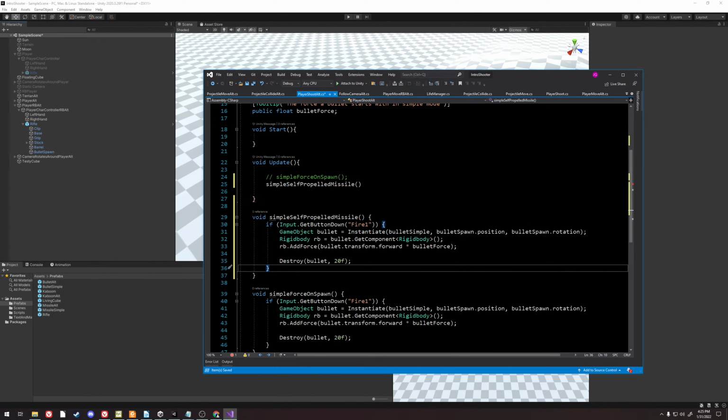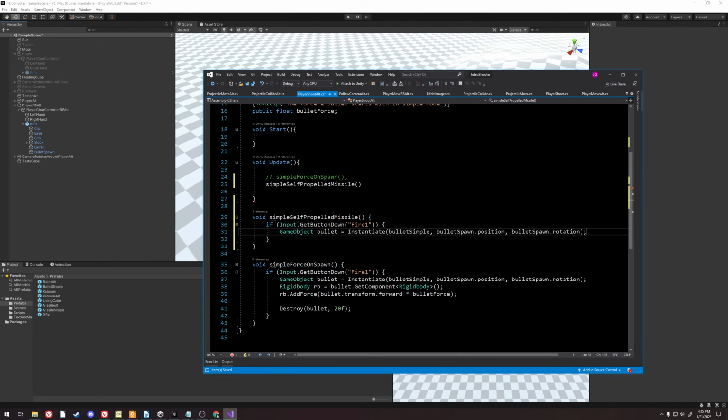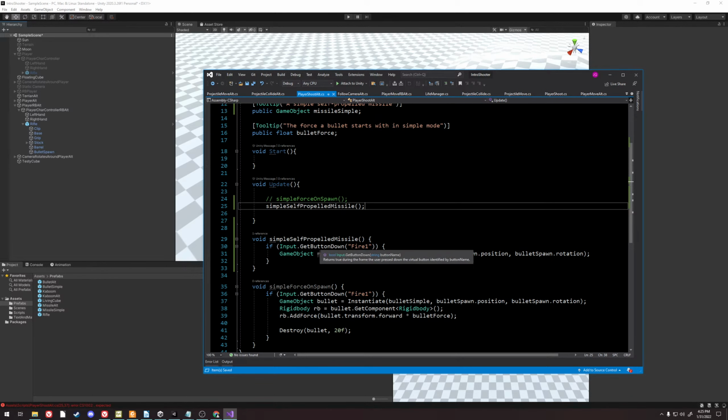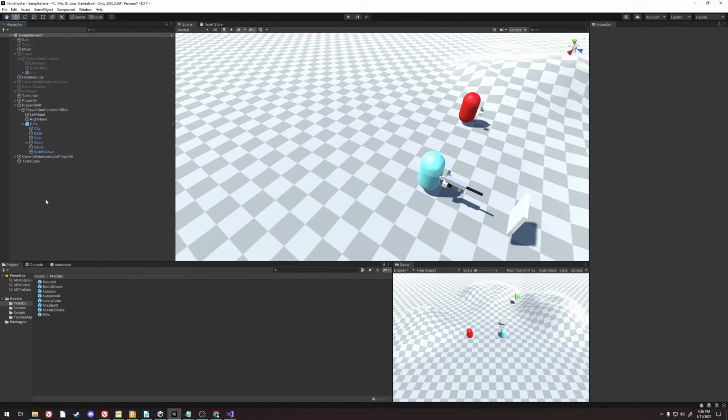We don't have to get the rigid body, we don't have to add the force, and we don't have to have it destroy itself, because all of that stuff is now handled inside the projectile's own movement script. Forgot a semicolon there. So, we don't even really need the reference to the missile here, but we'll keep it for now. So let's go back to my player's script and add the missile,